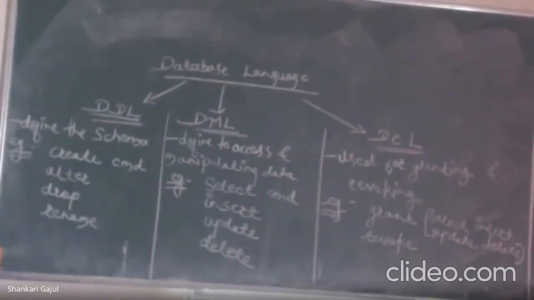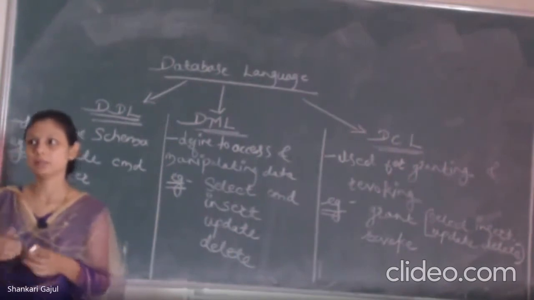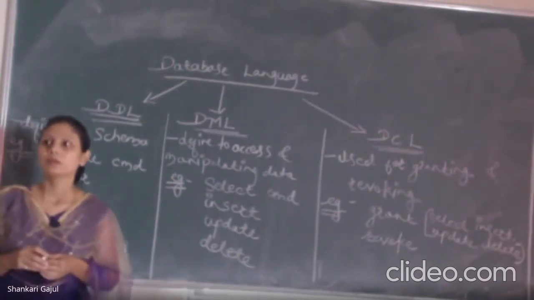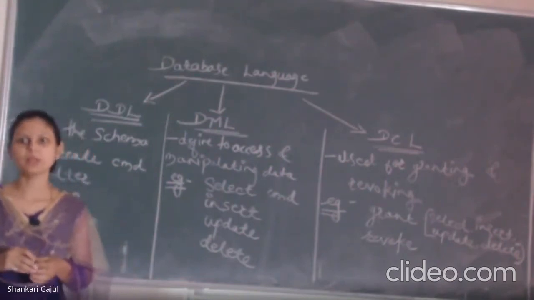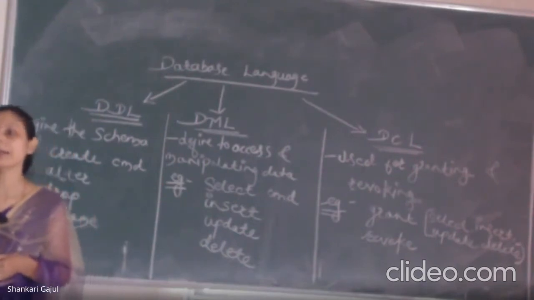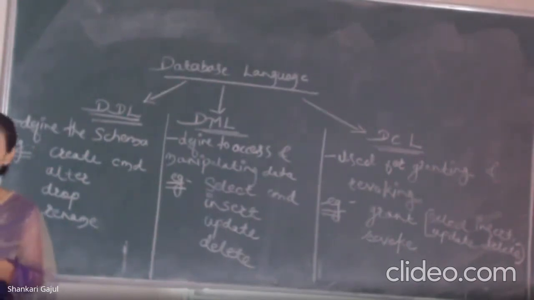So today we will study what the different database languages in a DBMS are. For communicating with another person, or through a particular medium, a language is required. Similarly, for communicating with the database system, or accessing or retrieving data from the database storage, languages are required.